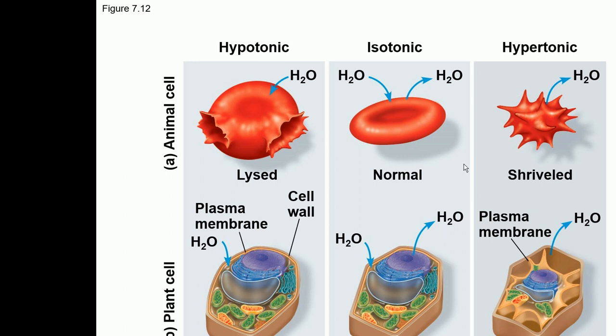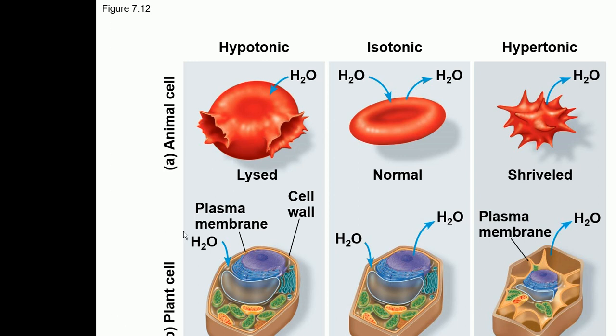So when the plant cells are placed in hypertonic solution, because they lose water, all the cytoplasmic contents shrink. In that situation, we call the cell plasmolysed. And when these plant cells are placed in isotonic solution, there is an equal movement of water inside and outside, and the cell is called flaccid.